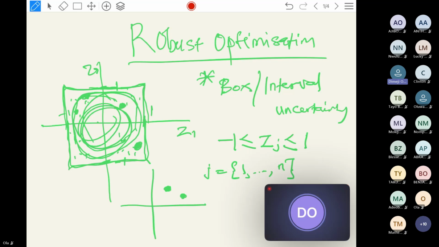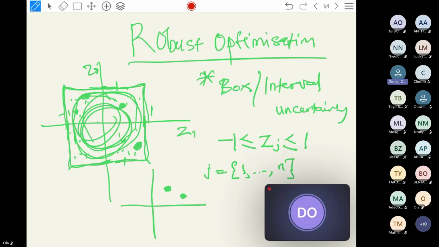The advantage of this is that whenever you have your optimization model that is linear and you inject uncertainty into it, the robust counterpart is still going to be linear. But by the time you go deep into some other types of uncertainty set type, you might end up getting a robust counterpart that is not linear. So that's one of the advantages of this kind of uncertainty set type.